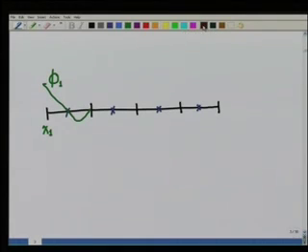Similarly, I would like to make phi2. Phi2 will be a function which is 1 at the point x2, and 0 at all other points. And what we see is that we have defined it in a local region. That is, phi2 is only defined in the first element. Okay.